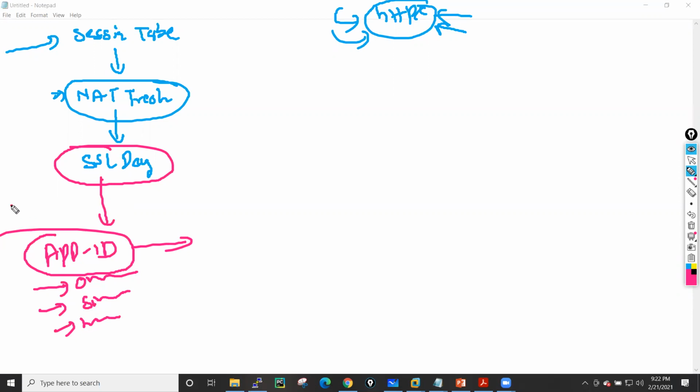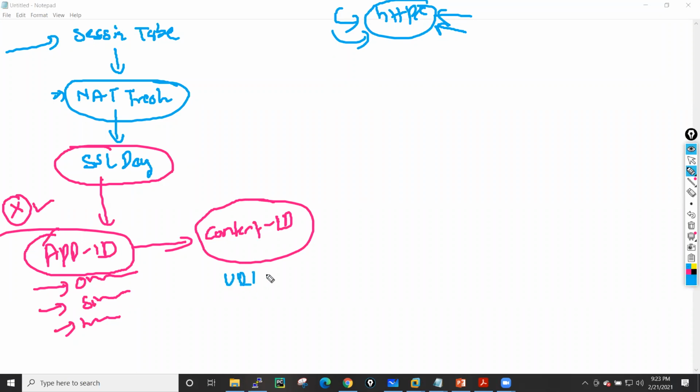If in our rule we are writing a rule on this application, and my firewall is blocking the traffic for that application, it will block it. If my firewall is allowing this traffic for this application, it will allow it and send that packet for the next check, which is the content ID check. In content ID, it will check the packets against your URL filtering, antivirus, anti-spyware, file policies, and data protection profile. All these checks are done in the content ID engine.